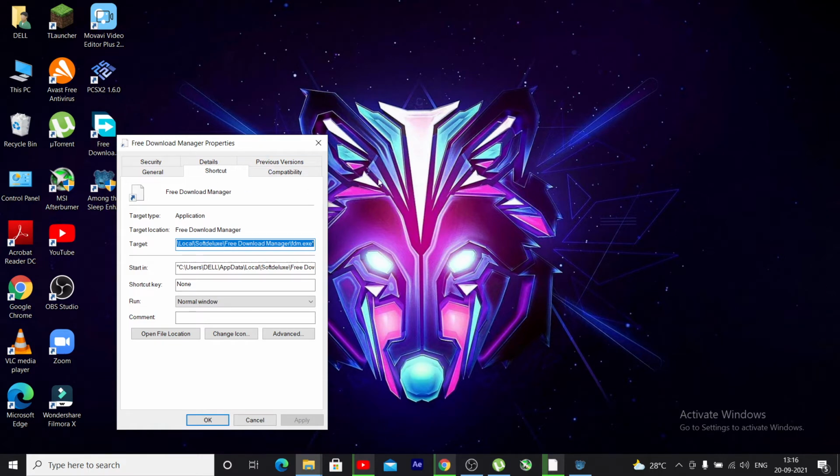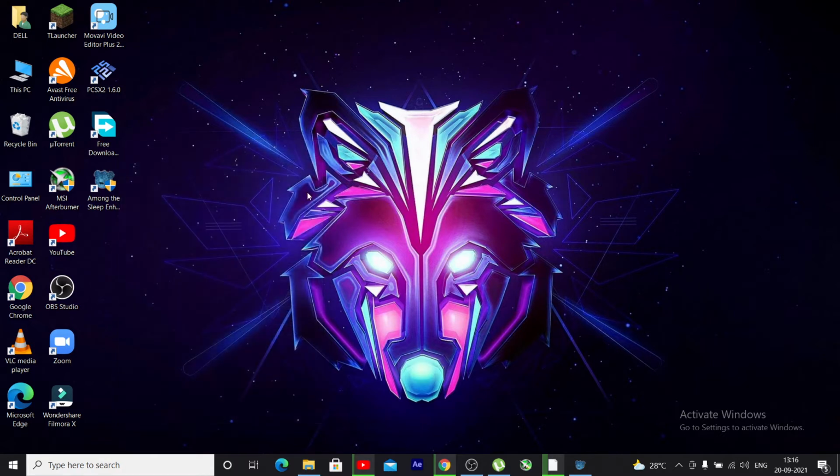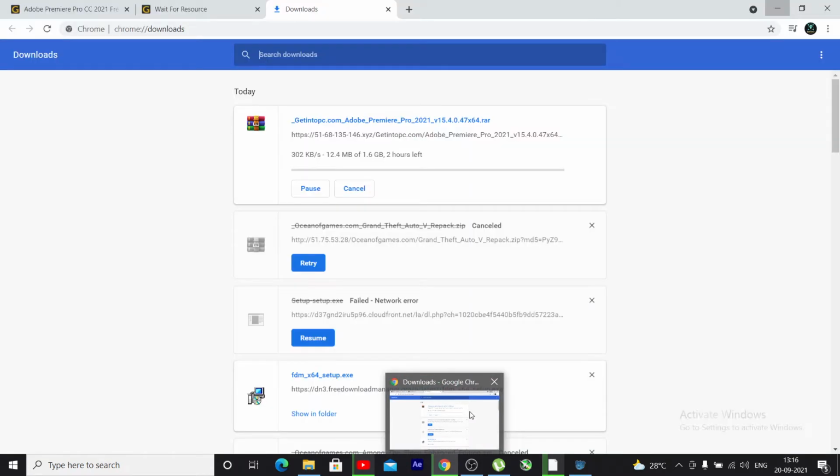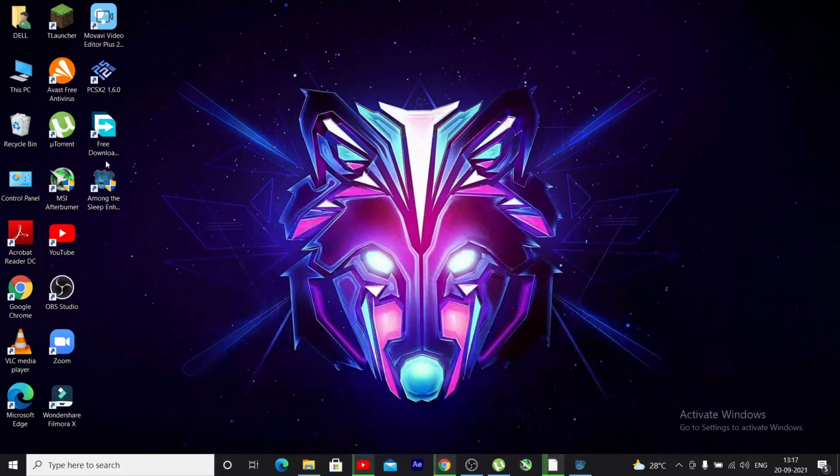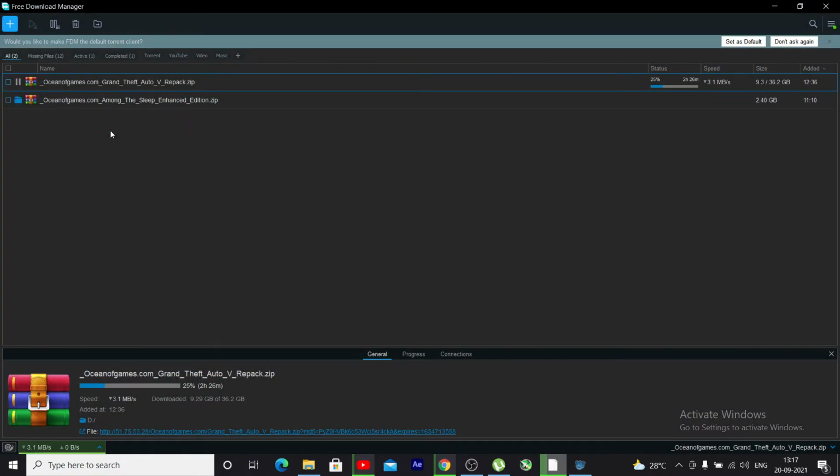So you can see this. Now we have to go to the downloads. Now you have to copy the link address, and I'm going to paste it in the Free Download Manager. If you want me to post about the Free Download Manager,